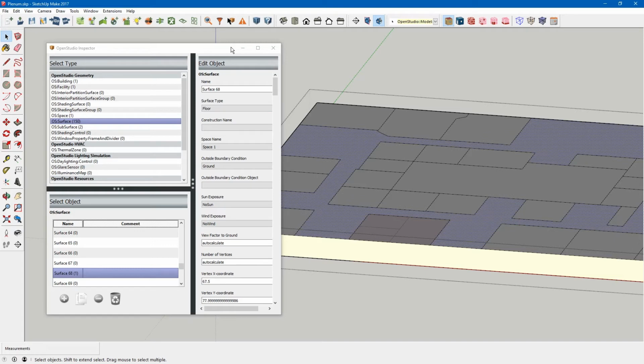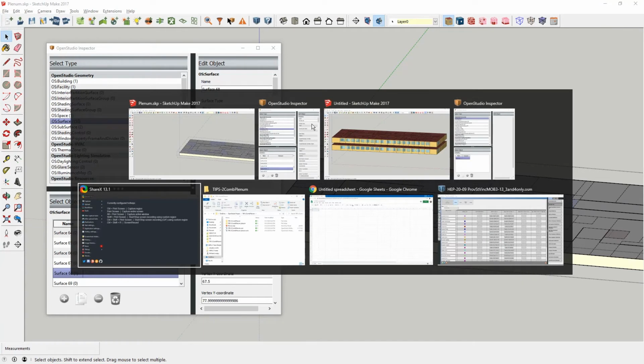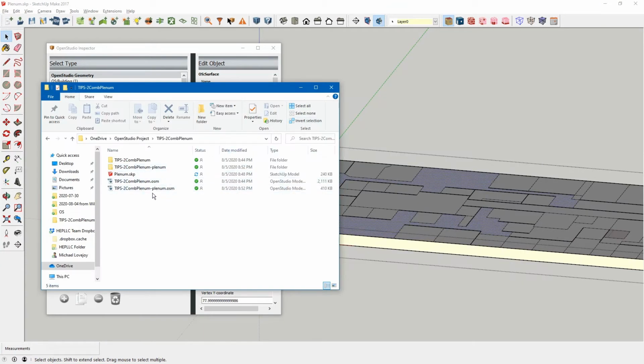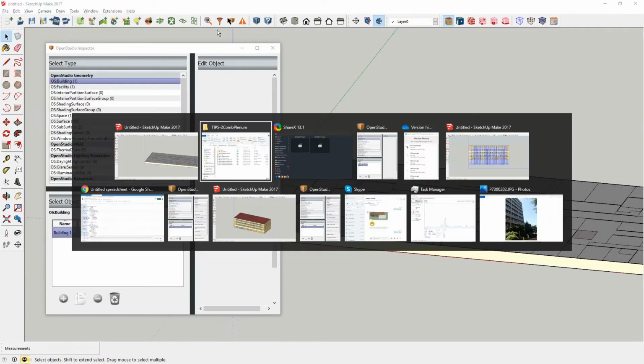So we're going to have to edit that, and the quickest way to do this is just to open up a spreadsheet and do some filters, and I will show you how to do that. So we will go to the OpenStudio file that we created for the plenum.